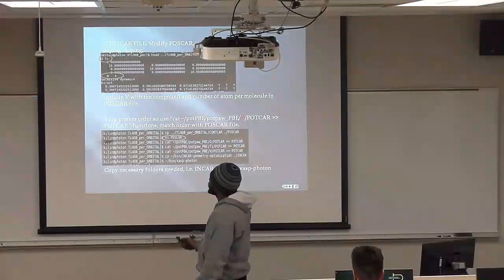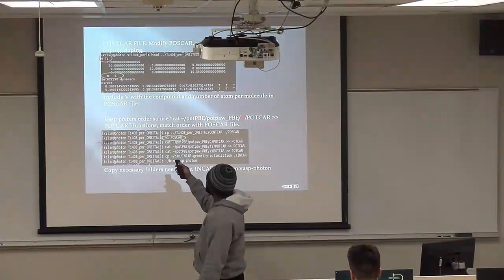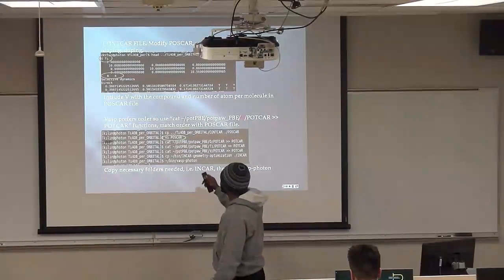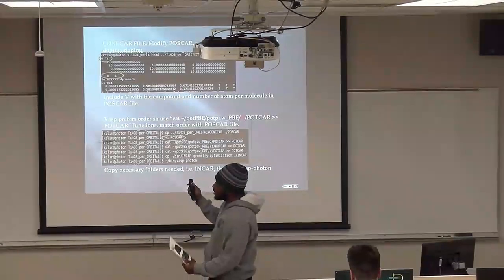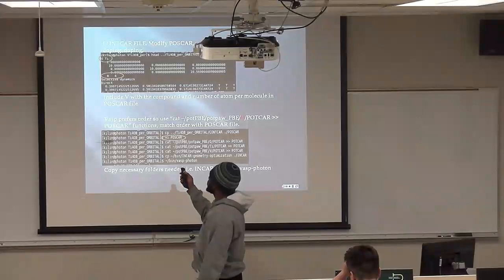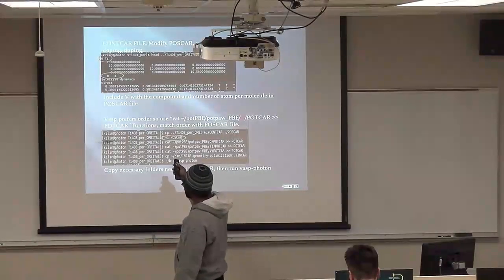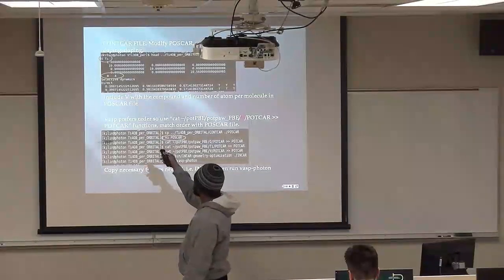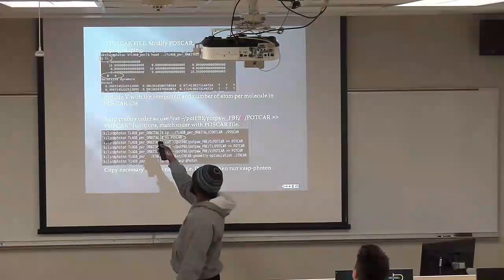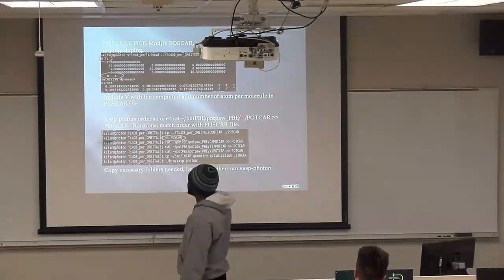And in this situation, we're trying to dope it, and to do that, you use the vi command and open your POSCAR file, and include the element you're trying to add right here. And then also include the number of atoms you're about to add.